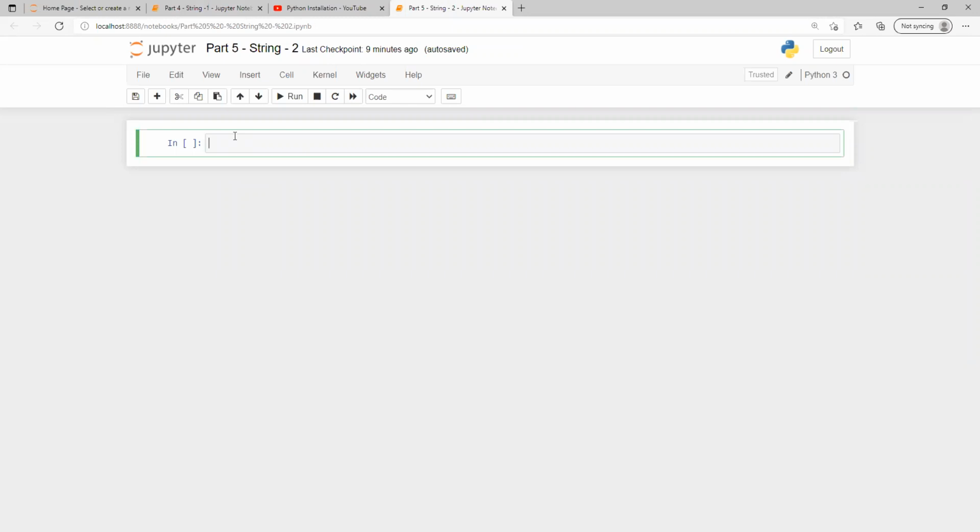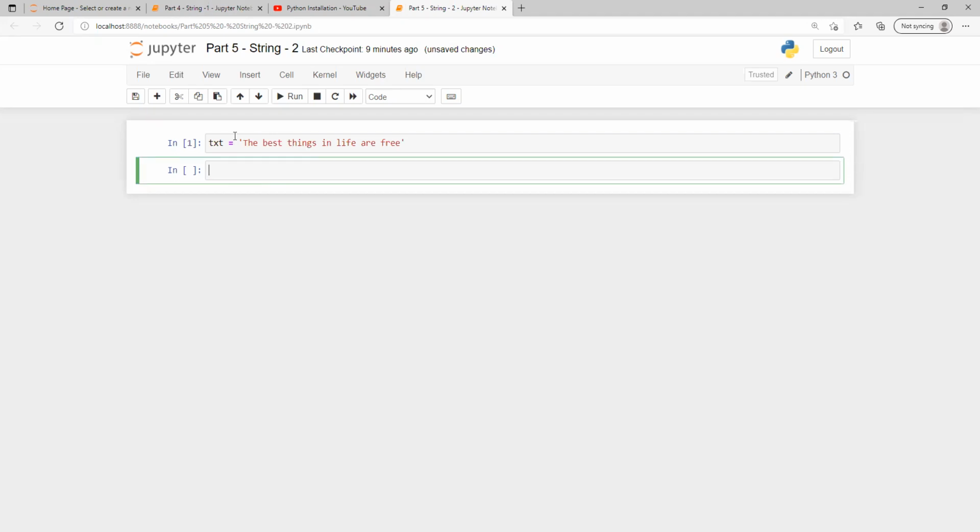Where we are going to learn some more things in strings. First I will declare one variable, and suppose I put "the best things in life are free". Now in this one we're going to learn, first, how to search whether any word or any character is there in a given sentence, a paragraph, or a word.